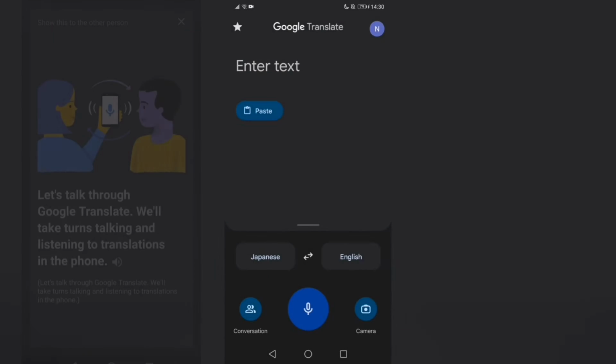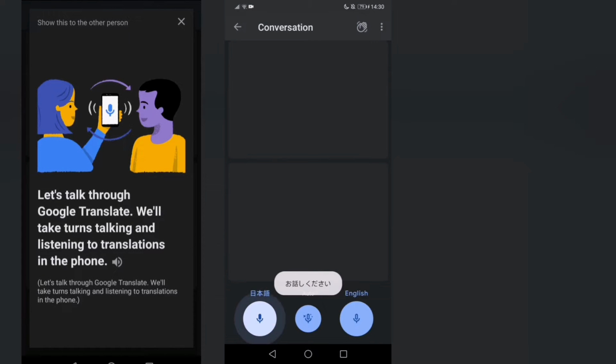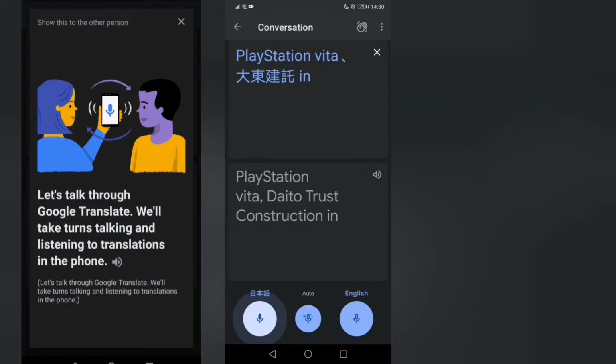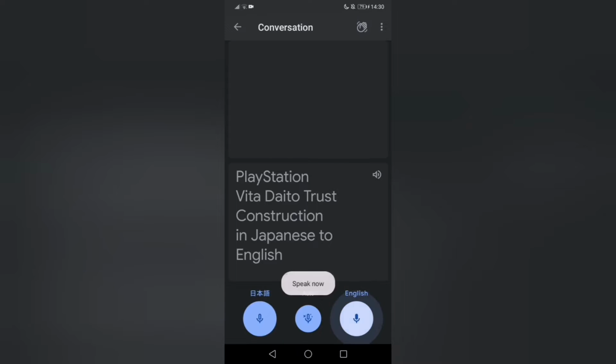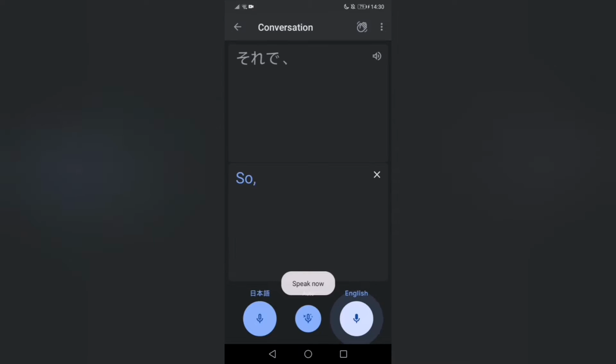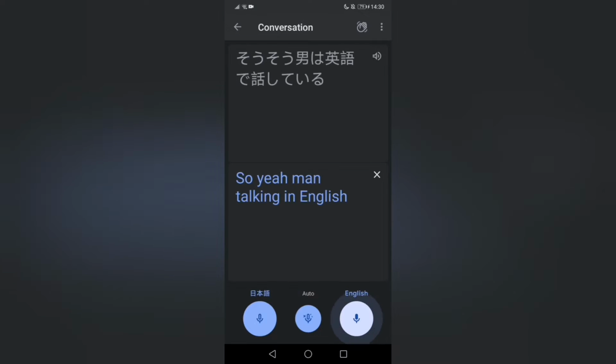And here I'm testing the conversation option, where at the moment Google Translate is expecting me to speak Japanese and translate it to English. And when you press the conversation, the prompt immediately gives you a visual and also sound effect, so it can prompt you to